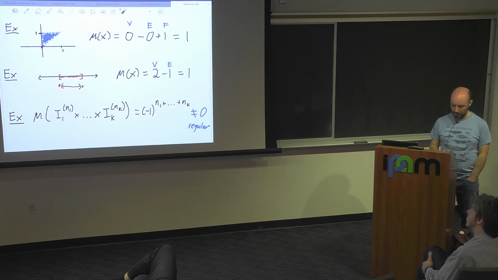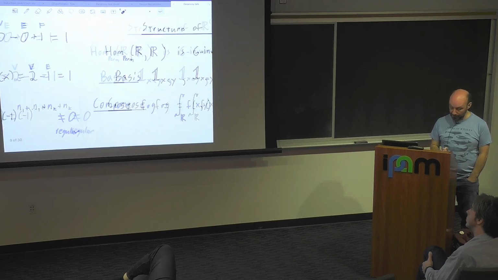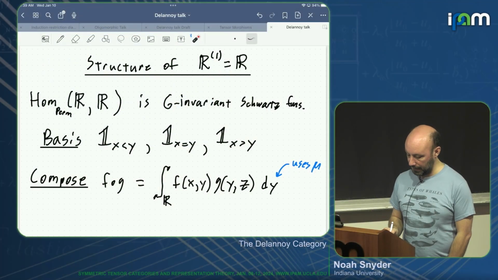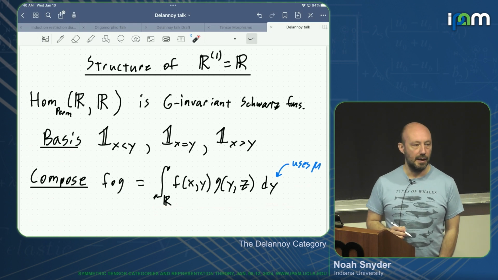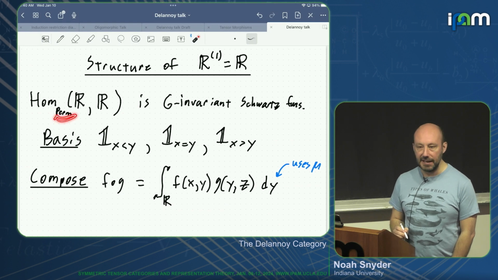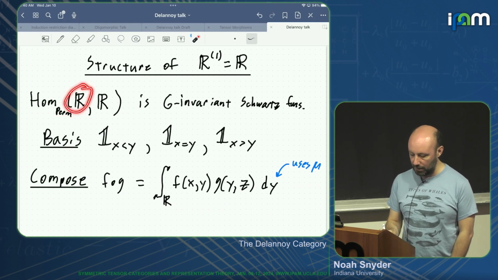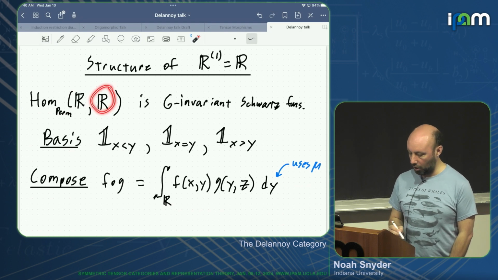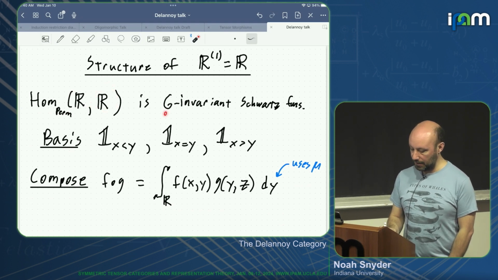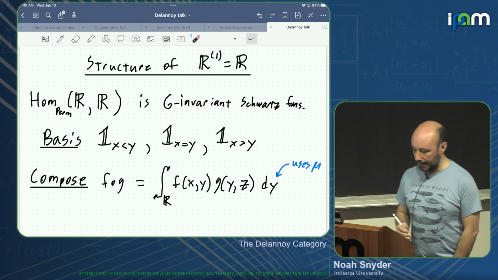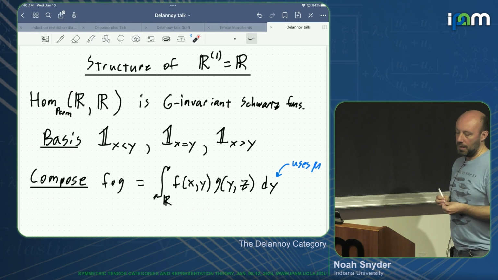Great. So that's how you compute Euler characteristic. And now I want to explain in some examples how you use Euler characteristic to compute some compositions. So we're going to look at maps in the permutation representation category between R, the permutation representation, and R. So by definition, this is supposed to be these G-invariant Schwartz functions